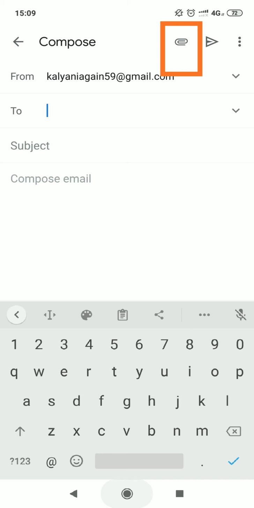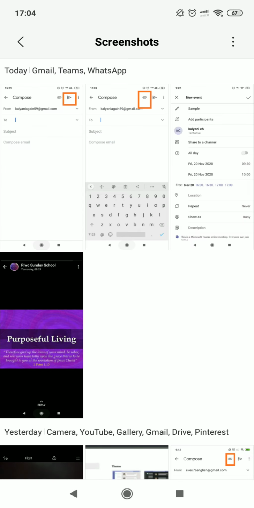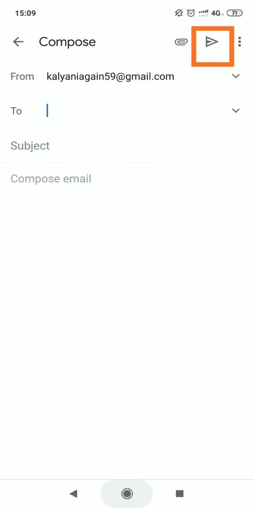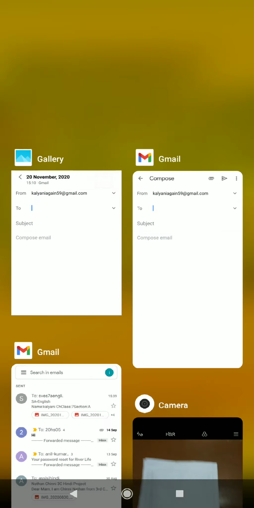If you click that option, you can attach your answer scripts of which you have already taken photos. This one, highlighted in orange color, we call the send button. If you press that, once we are ready with the from address and to address, it goes to its destination. Now let us go to our Gmail.